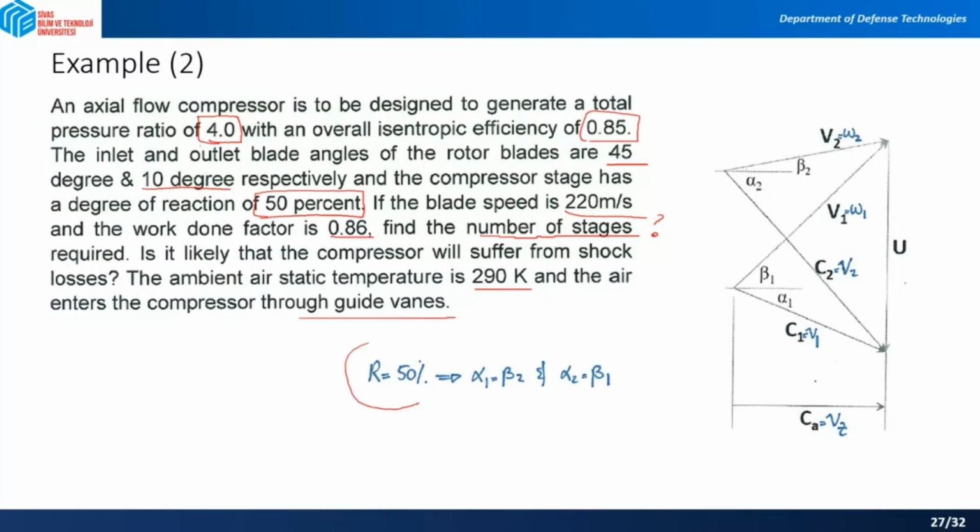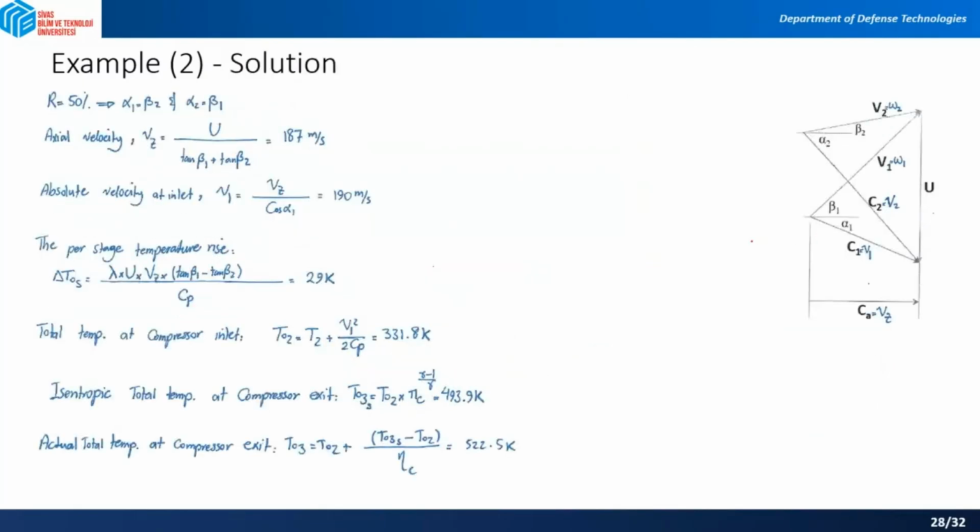As we said, when R, or degree of reaction, is 50%, we have symmetrical blading, which means alpha 1 is equal to beta 2, alpha 2 is equal to beta 1, as it is shown in this triangle. So the axial velocity can be found from this relation. As you can see, tangent of beta 1 plus tangent of beta 2 times Vz will give you the U value, right? So from this triangle, it is